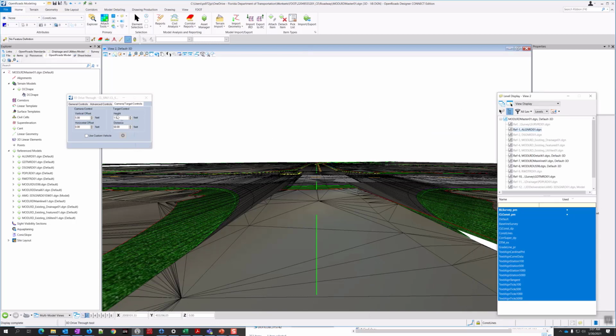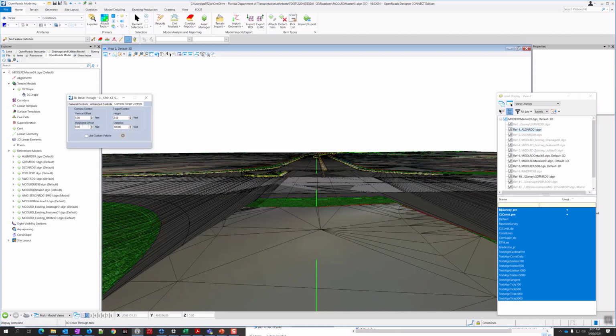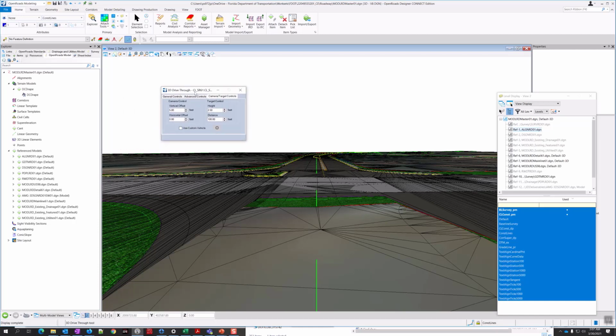And you can change the target control. So this is kind of how low you're looking. So if you want to look more straight on, I can say 2.5 feet instead of 1.5 feet. I can change the distance from 50 to 100. So it kind of basically zooms in a little bit closer if you increase that number.